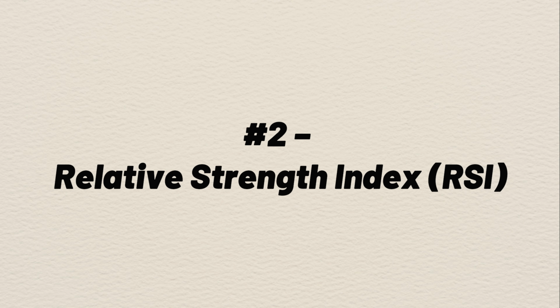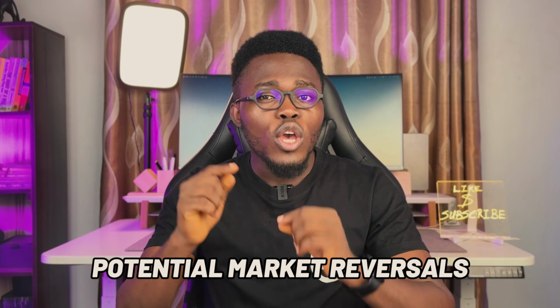Now the second technical indicator that you can use on your chart is the Relative Strength Index, or RSI. For me, the RSI indicator is one of the best and most trusted technical indicators for identifying potential market reversals through overbought and oversold conditions. Now before I show you how to use this technical indicator, what exactly do I mean by